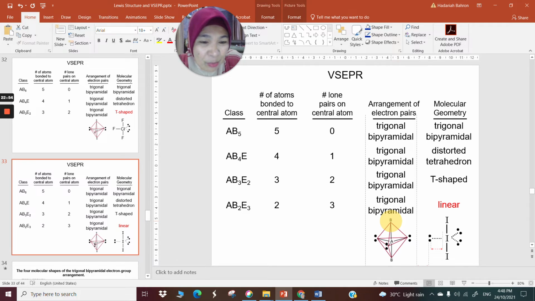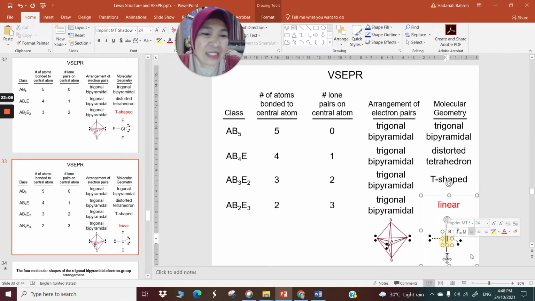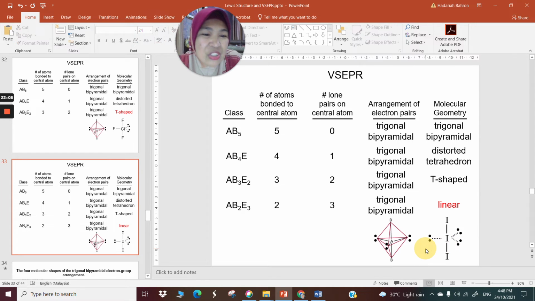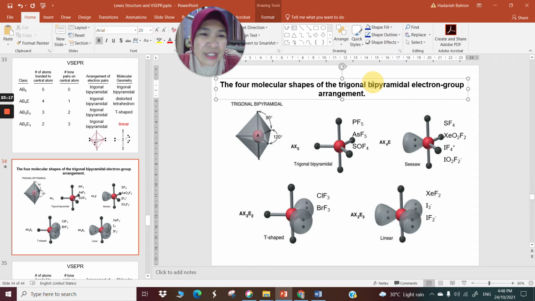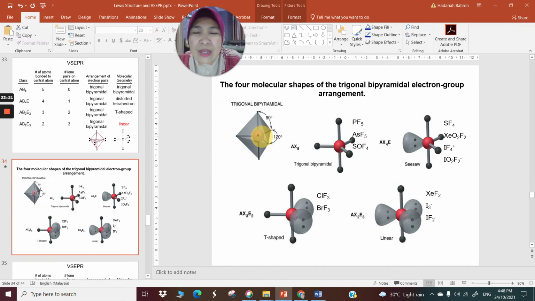If it takes up the top position, it is not ideal. So it is going to take the equatorial position. Since the three on the equatorial positions are invisible, all you get to see is the linear shape of the molecule. So the four molecular shapes of trigonal bipyramidal electron group arrangement: